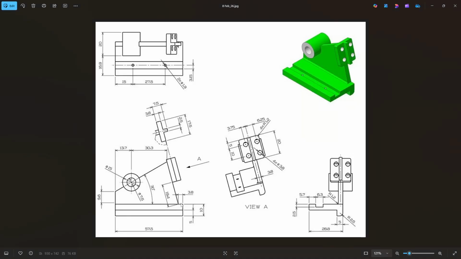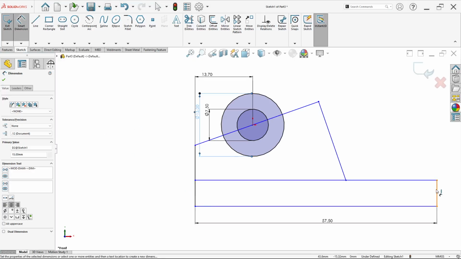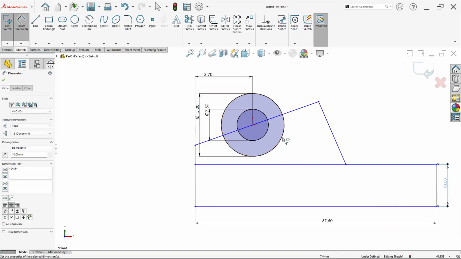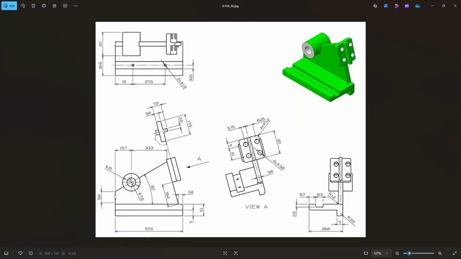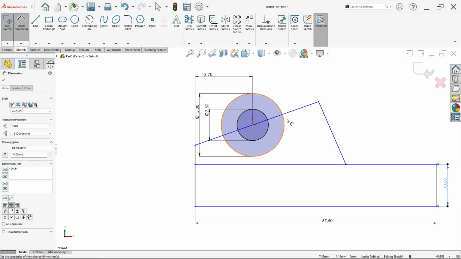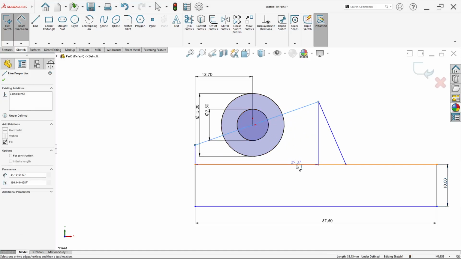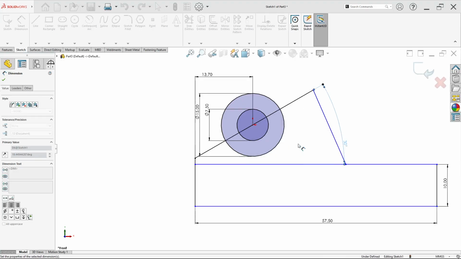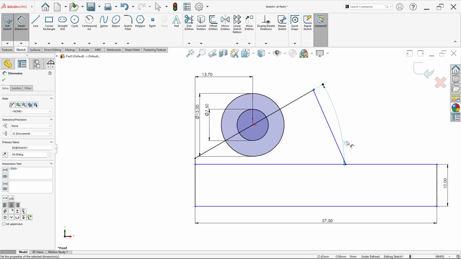So the width here is 10 millimeter for this line. This line and this one have an angle of 30 degrees, so set the angle to 30 degrees like this.